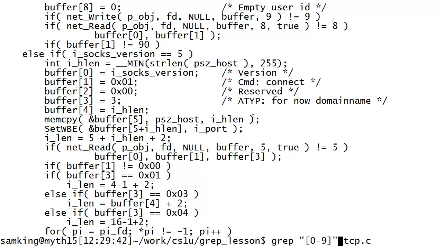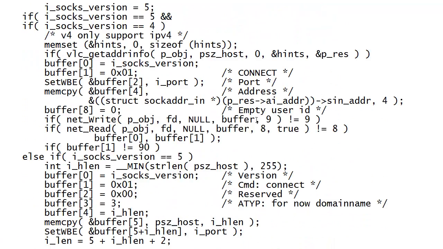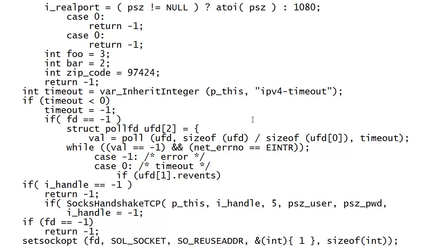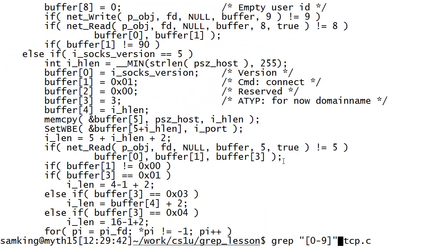So if we say 0-9, you can see that that gives us the same output as when we searched for 0, 1, 2, 3, 4, 5, 6, 7, 8, 9 way up here. So if we use the start of a range, hyphen, the end of a range, it will include everything in that range. A very common regular expression that you'll see is a through z, 0 through 9, because this is